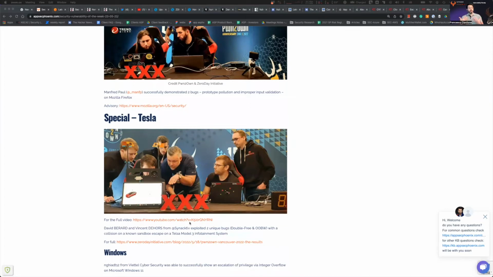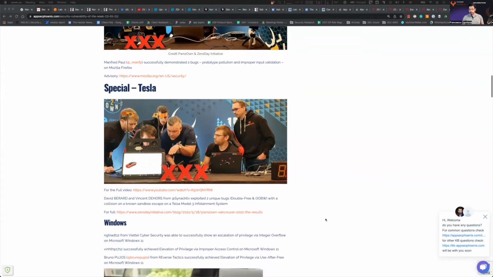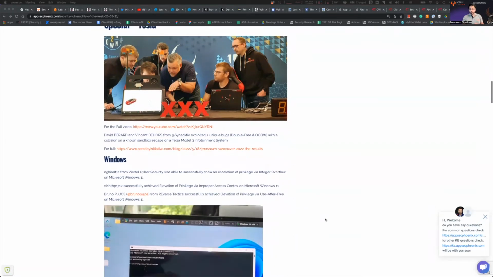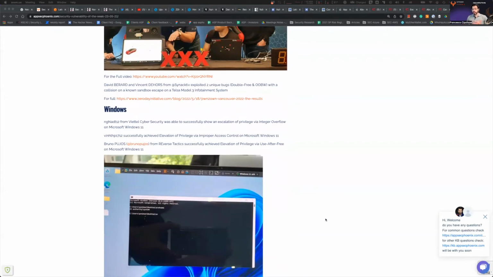As a special point, Tesla, as always, there have been a couple of attempts and a couple of bugs on the interface system that, chained together, enable several things to be opened: the boot, the car locking system. So it was awarded for exploiting 2 bugs sequenced together. For Microsoft Teams, there were 2 vulnerabilities, actually 3 vulnerabilities exploited.